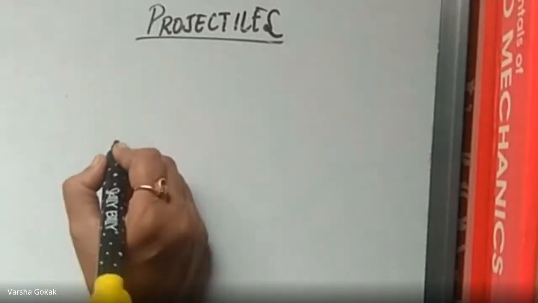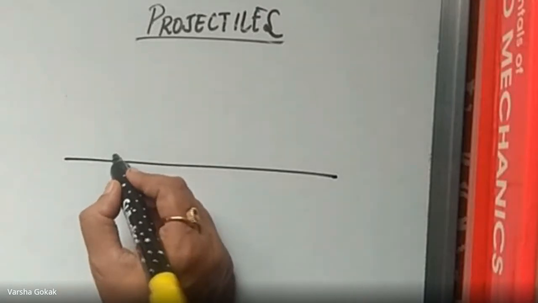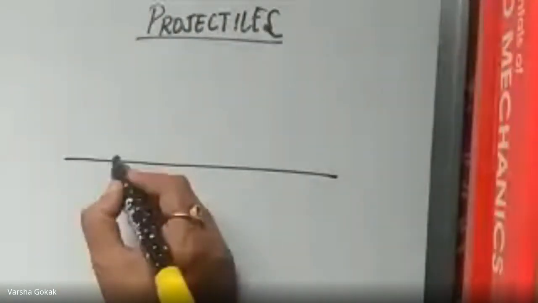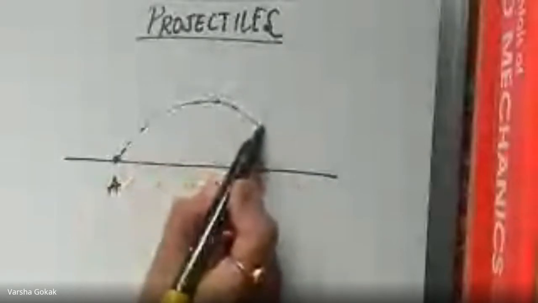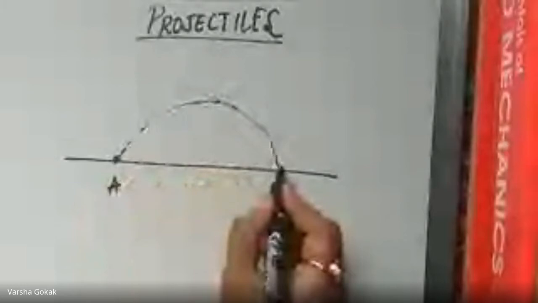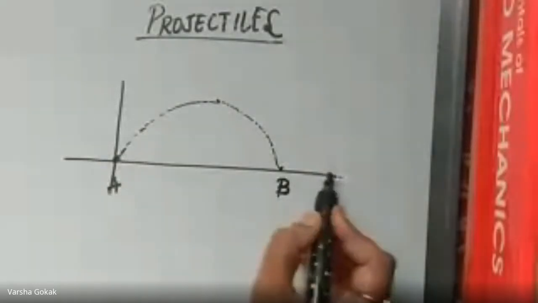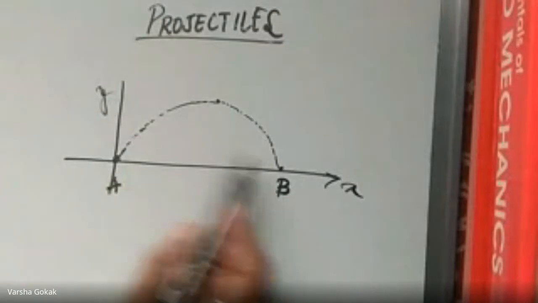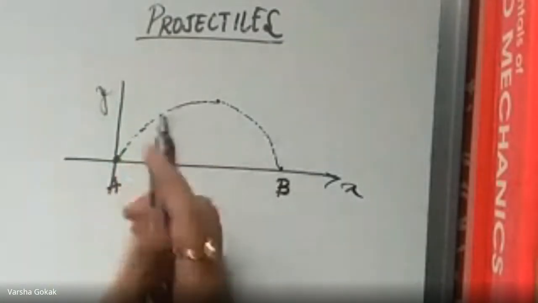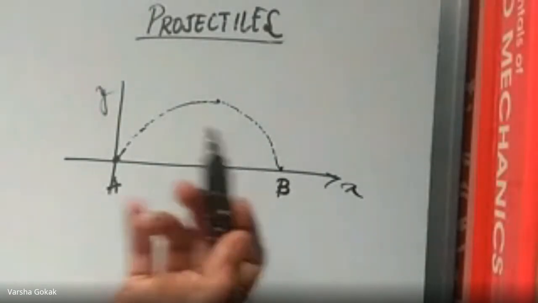If a particle moves, I will stand on the ground at position A and throw a ball. I'm applying an initial velocity to the ball and throwing it. So the ball is going to go up in the air until it reaches its maximum height, and then it starts falling down because of gravity. Correct? It reaches from point A to point B. If I make this my x-axis and this my y-axis, the ball has traversed this curved, parabolic path, right?